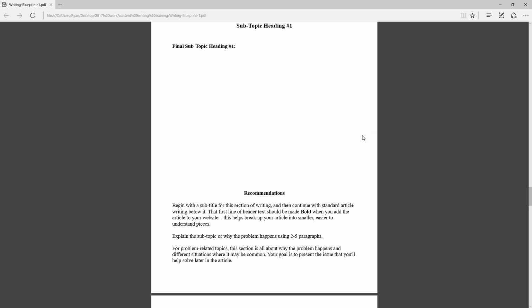So with that said, these subtopics a lot of times might just be a key point or a feature of a product or a certain semantic keyword phrase that you want to talk about in a little bit more detail. So you provide the heading for that topic, and then you just continue with writing about that topic.